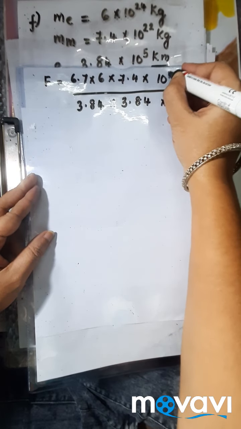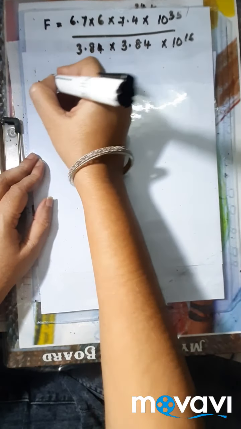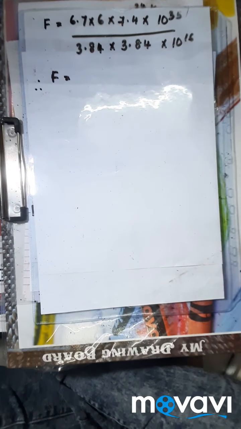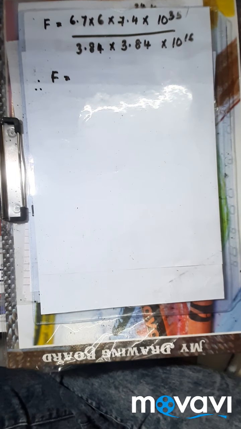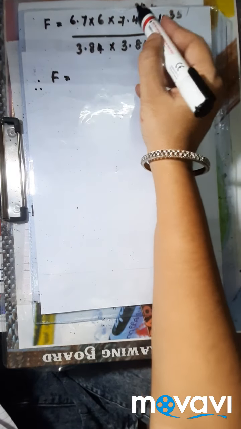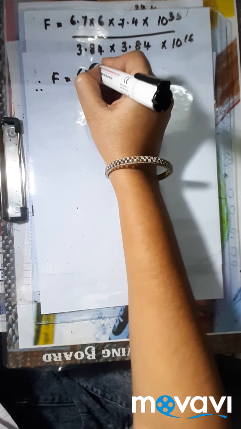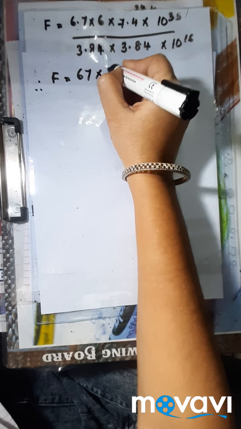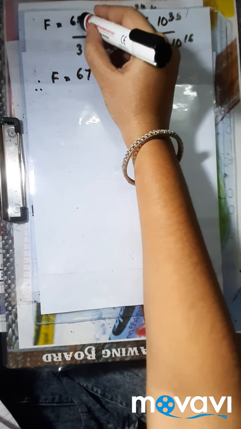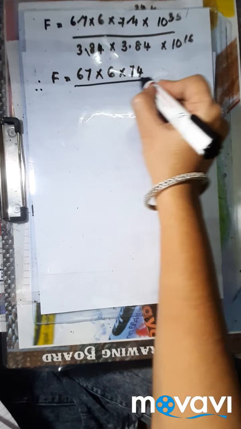Therefore, F is equal to, now I want to remove those decimal places, so I will say one place here and two places here, so these two will go away, so this becomes 67 multiplied by 6 multiplied by 74, right? This is one place and this is one place, 2, so this goes away,